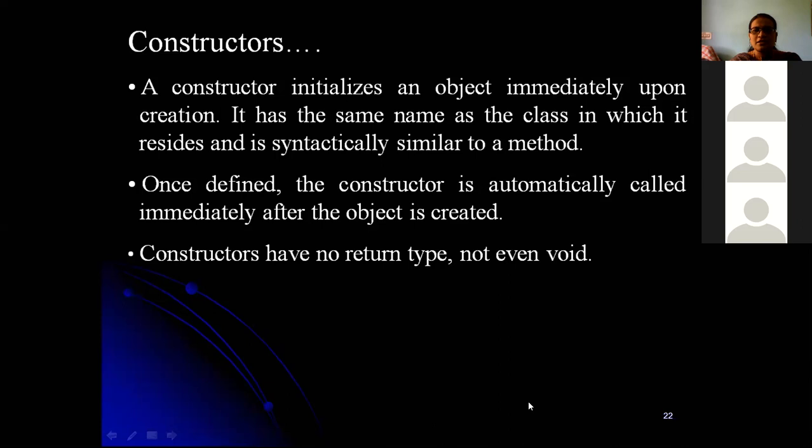Okay, and a constructor doesn't return anything, not even void, and it may accept parameters. Depending on the parameters, constructors are classified into different types: the zero-argument constructor and the parameterized constructor. Here there is no copy constructor concept. Instead of a copy constructor, as we discussed earlier, we assign an object reference to a variable. So in Java there is no copy constructor. We have only the default constructor and the parameterized constructor.